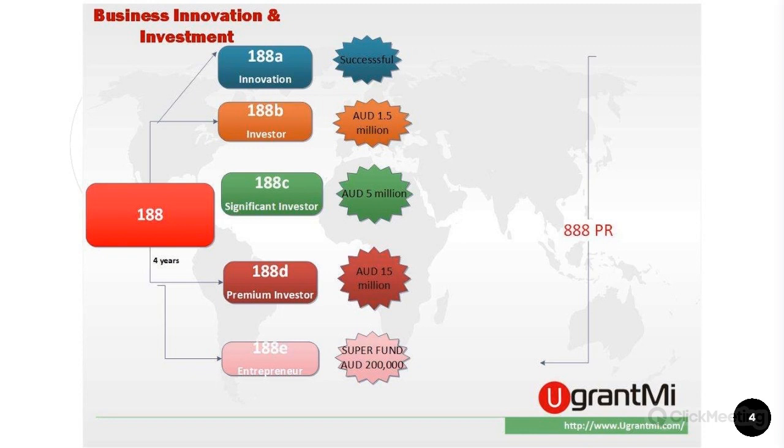We just tell them that we do have visas. About this type of visa, it's really popular. And let me give you an example of the 188 visa, the entrepreneur visa. Okay, this type of visa is actually extremely hard,